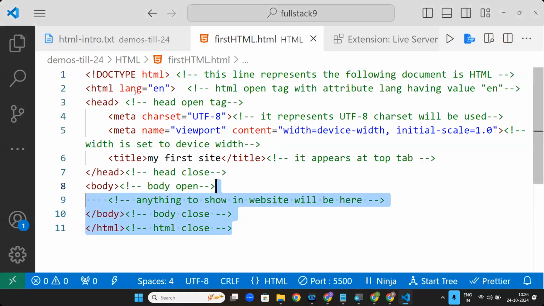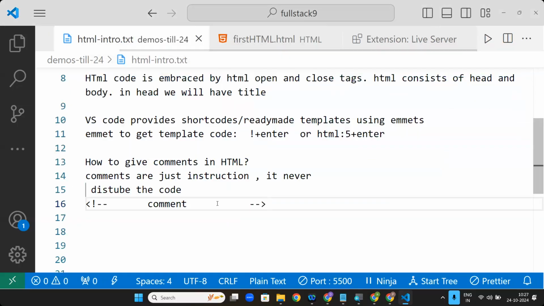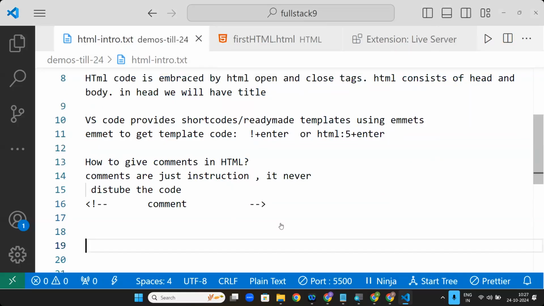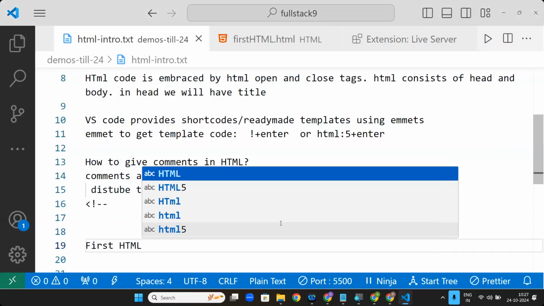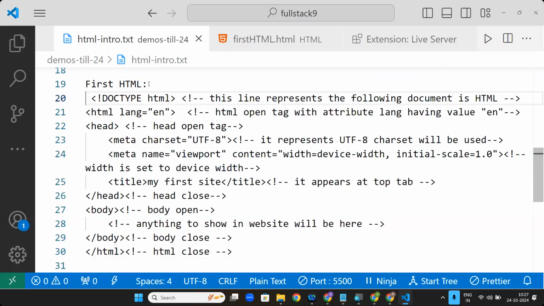I'll just copy paste this particular one in the notes also. First HTML. Now,